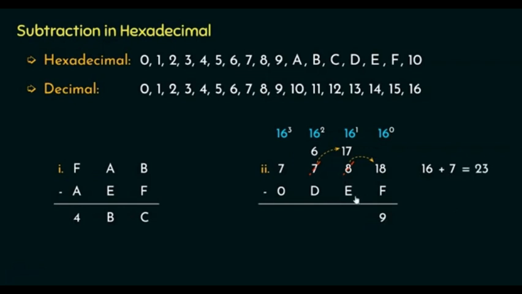Clearly, we are subtracting e from 17. And the value of 17 in decimal is 23. What about e? We all know it is 14. So the difference is going to be 9. Because 14 plus 9 is 23, isn't it? So in this place, we will have the difference as 9. Focus on the next unit. In the minuend, we have got the digit 6. And the subtrahend digit is d, which is clearly 13 in case of decimal. So we are subtracting